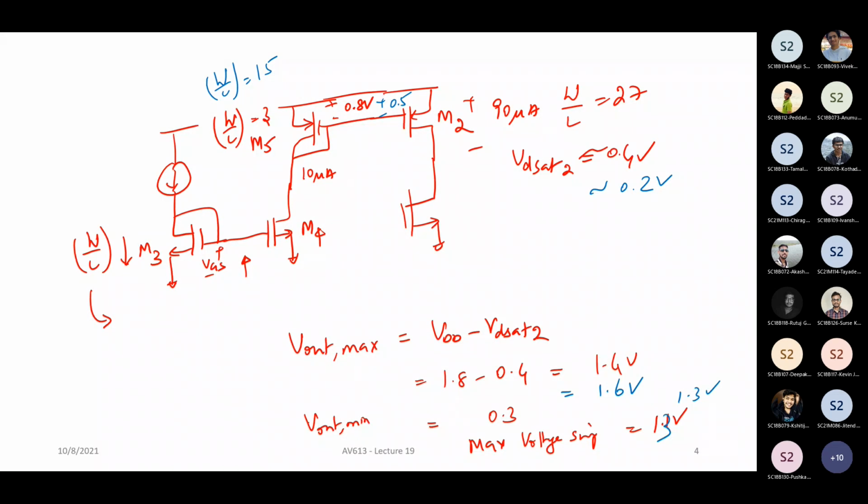For M3 and M4 it really doesn't matter because you have enough amount of signal headroom. But then for M5 and M2 in this particular application, you have to choose a W by L ratio fairly. I mean, you can't go very high also, then you'll end up increasing the area so much. So engineering is all about trade-offs. Okay. In engineering design, you never have a closed form solution which tells you this is exactly the value that you must choose. Right. You use your engineering decision and take a call.